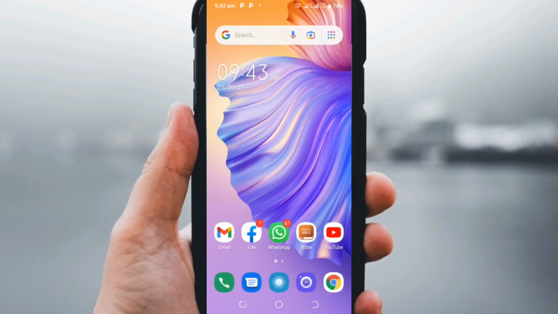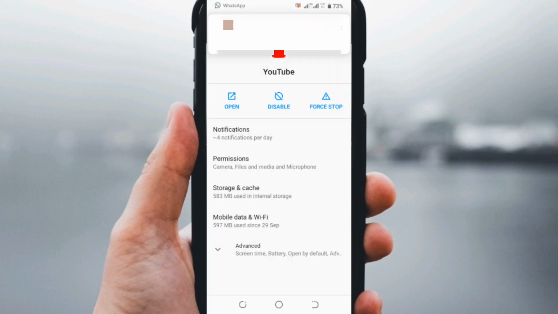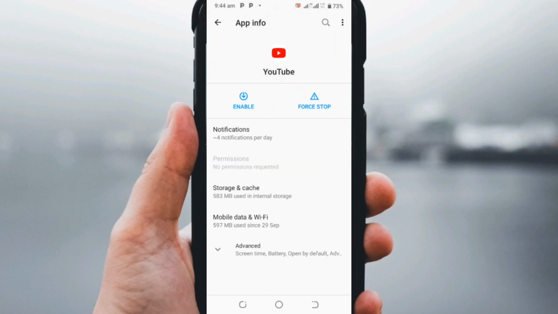Go back to your home screen and then click on this YouTube app for long and go over to app info. And then what you just need to do is disable it from here. You can actually disable it from here, or just go over to settings